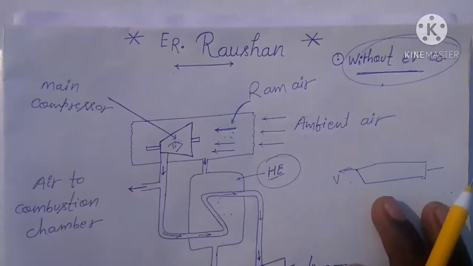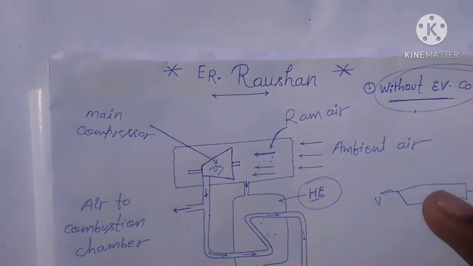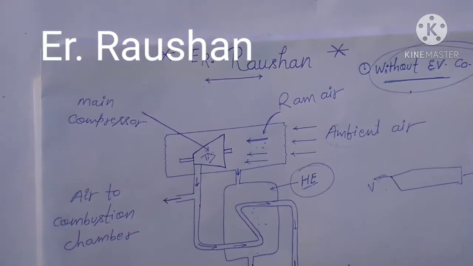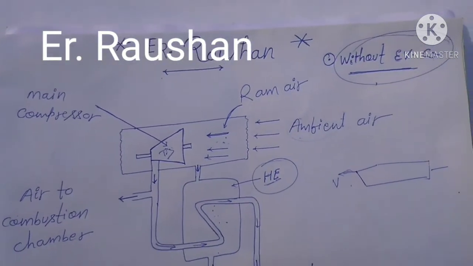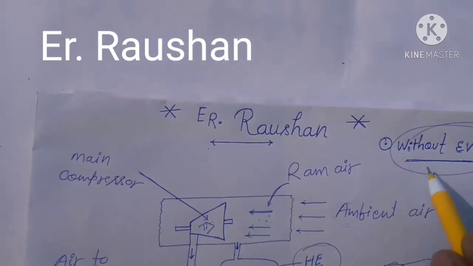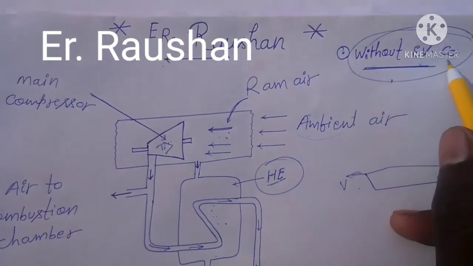Friends, this figure only shows some help for numericals, so we do not describe it in more depth; we briefly describe it because it helps in solving numericals. This figure is related to simple air cooling without evaporative cooling.